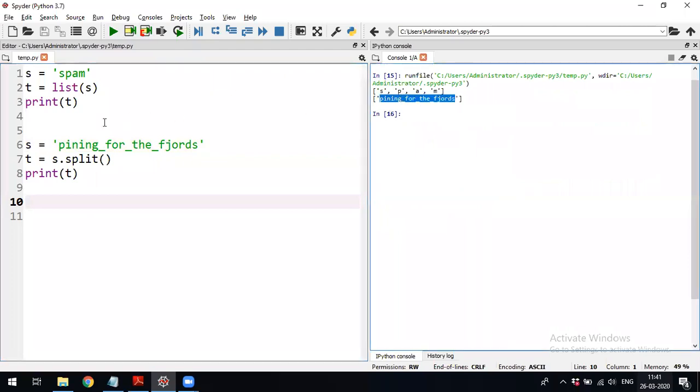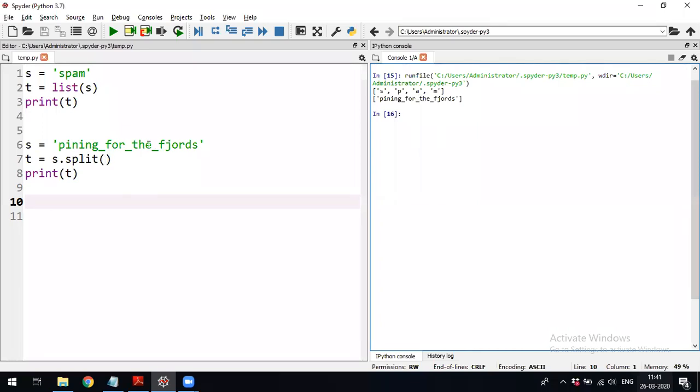See the output here. Here I have added the underscore in between a string. Now s dot split has run. See, in the list only one element is there. Why? Because there is no space in between. It is not able to split.